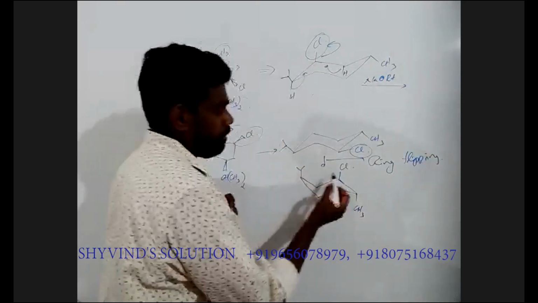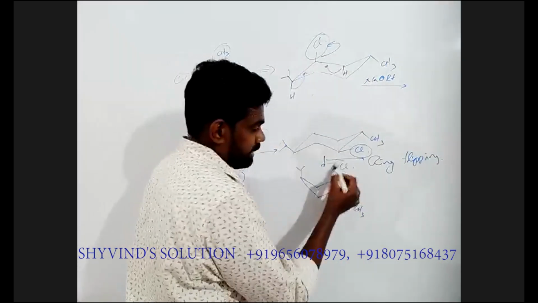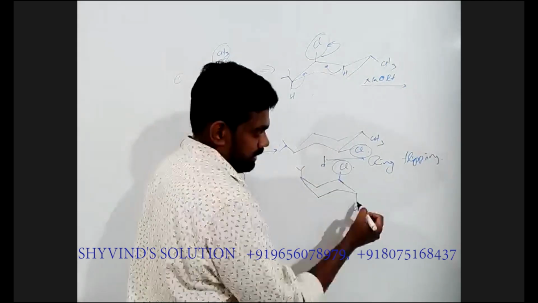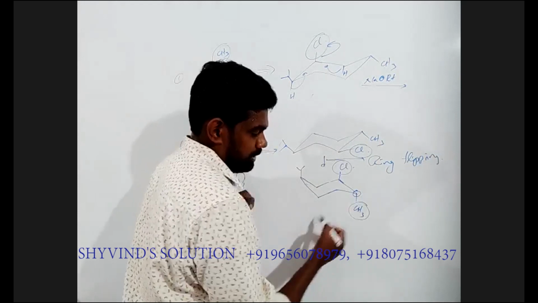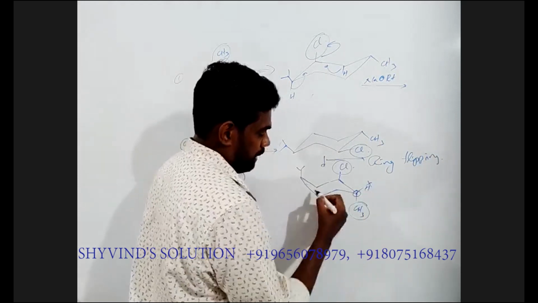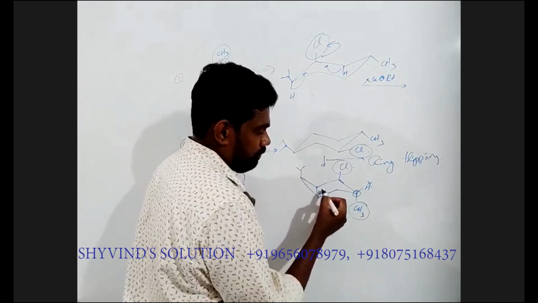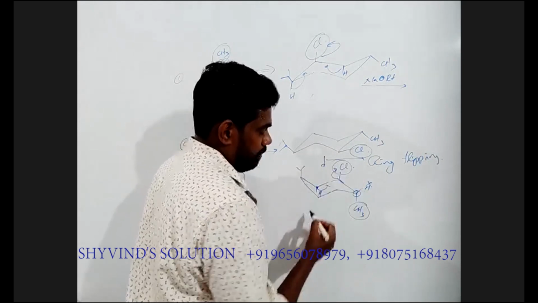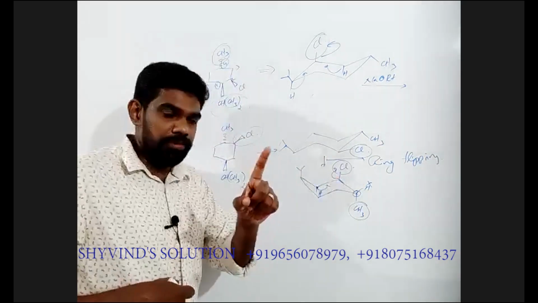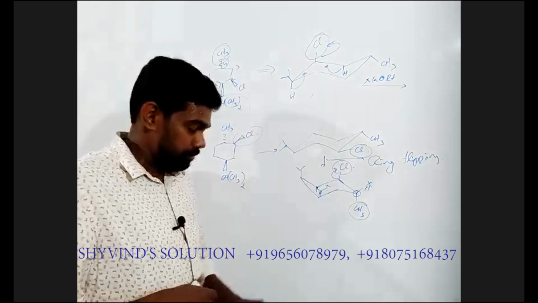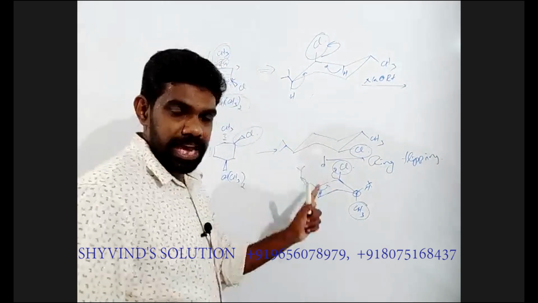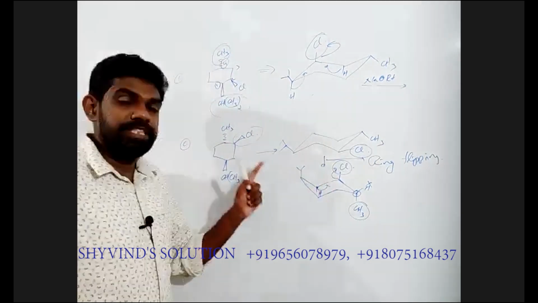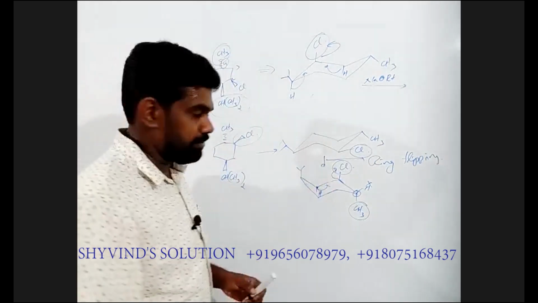Okay. So now our chlorine is at the axial position. You can see the anti-periplanar group at this carbon is already occupied by CH3. This hydrogen is not the anti-periplanar hydrogen. So you can see only one hydrogen is at the anti-periplanar position. So only one product is possible for option C. Similarly, so this can be the answer. C is the answer, but there is one more option.